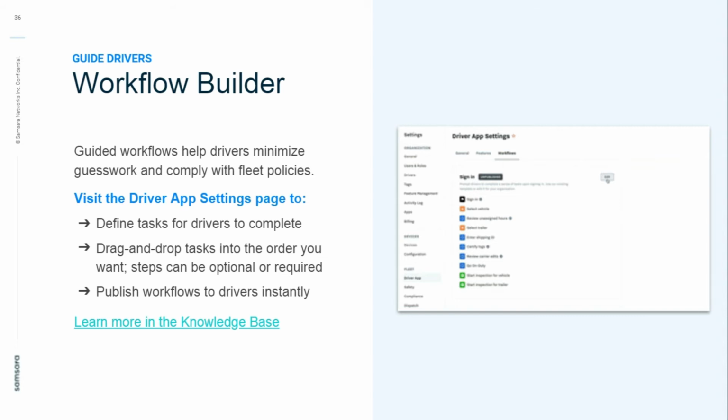So those include tasks ranging from logging hours of service to performing vehicle inspections to creating custom documents. Once you decide what sort of tasks you want your drivers to complete, you can drag and drop each task into the order you want and make steps optional or required. Once you're finished, you can publish workflows to drivers instantly, and they will be able to access these workflows right